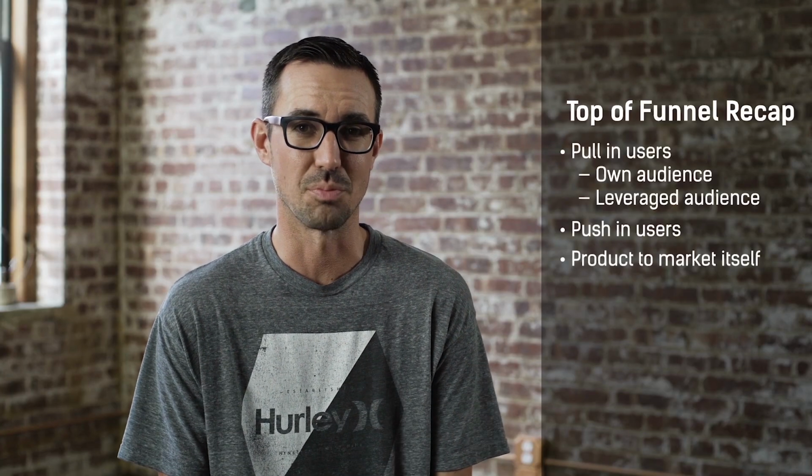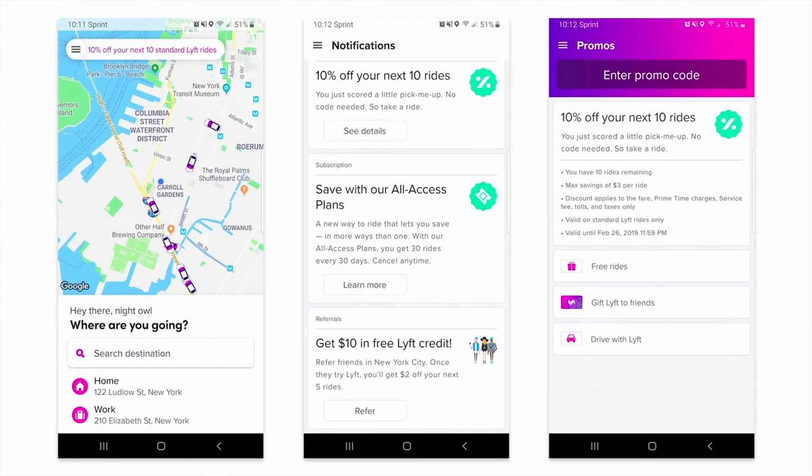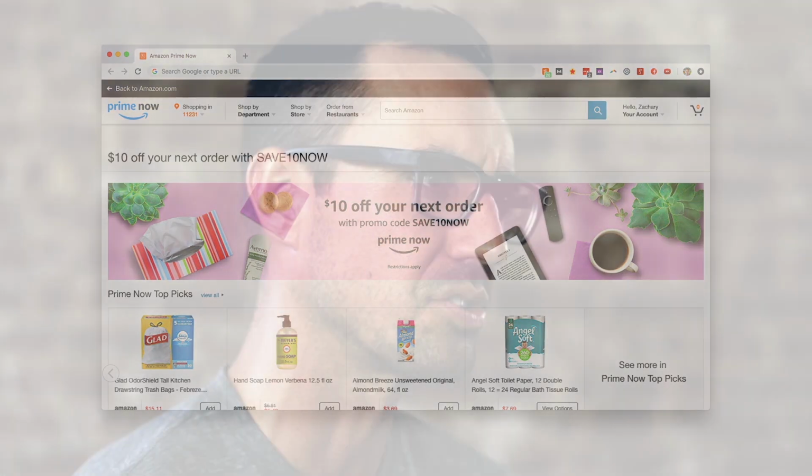And if you're wondering what industries this works for, it works for almost all industries. As long as you have something of value to the consumer that you can give away, but that thing of value doesn't actually cost you that much, you can use it as an incentive. So Uber gives away free rides, Lyft gives away free rides, Amazon will give you an incentive if you sign up for Prime Now. Just all these different things, you can be incentivized for sharing it with other people. You end up getting more from the product. To use the product tactics that I've talked about, you're probably going to have to hire your first engineer.